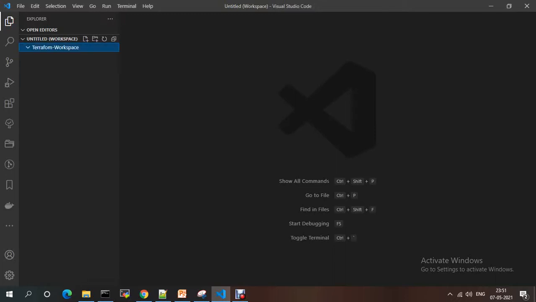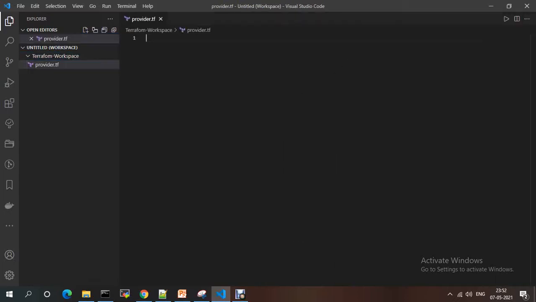Once you have added the workspace, you need to create a file. Click here and provide the Terraform provider. Which provider you are going to use: it could be the AWS provider, Azure, or GCP.